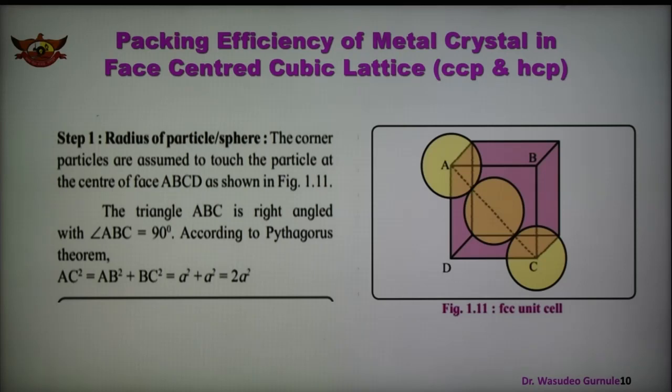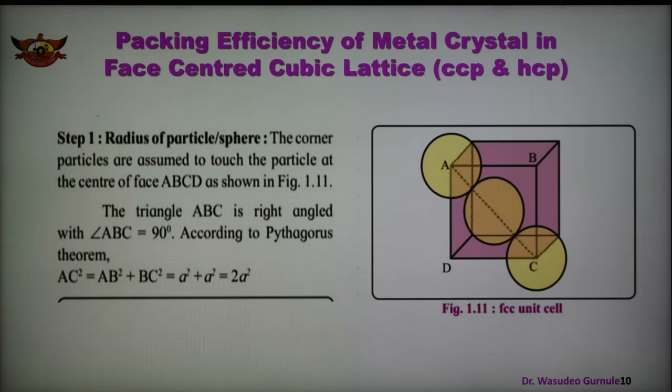So again now there are 4 steps. First step is the calculation of radius of the particle or the sphere. So how to calculate the radius of the particle? Again now in case of face center cubic lattice, the first step is the radius of the particle. So we can say that the radius of the particle, and in the figure it is shown that ABCD